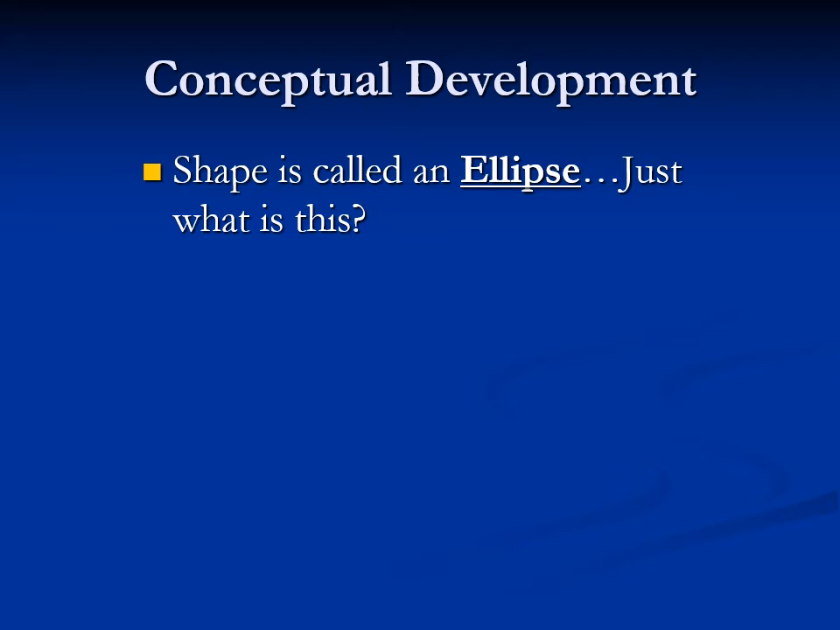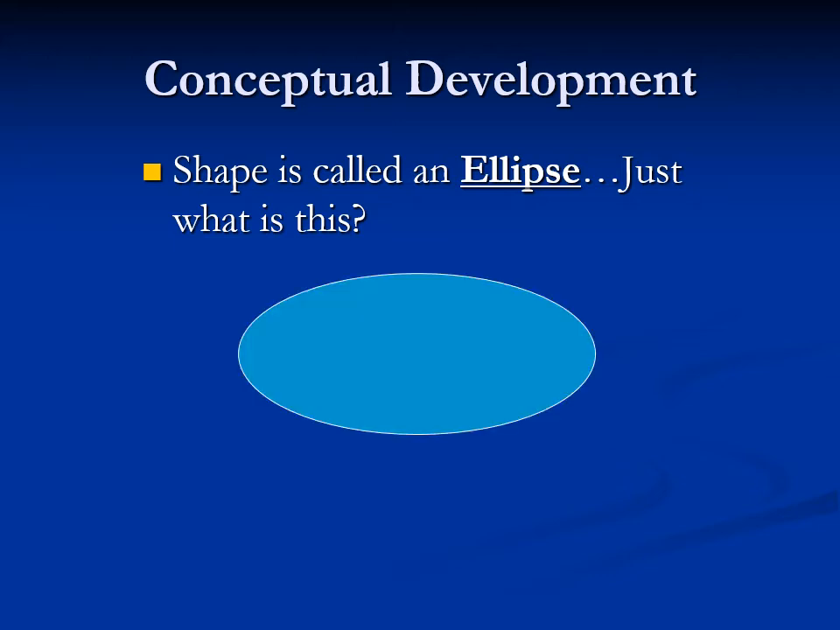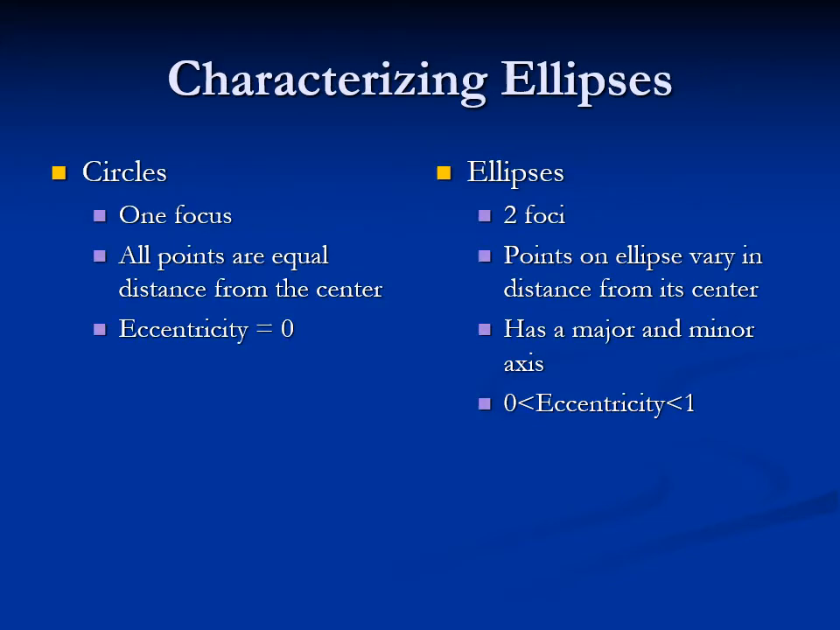So the shape is called an ellipse. But what is an ellipse? Well, that's an ellipse. This is an ellipse. This is an ellipse. There are a lot of different things you can look at which are called ellipses. But how do you characterize an ellipse from a circle? Well,